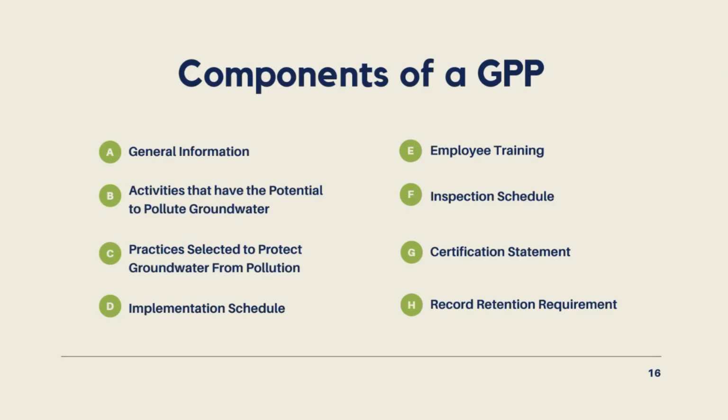So the GPP is made up of about 8 components. Before I get into talking about this, there's no structured format that's required for a GPP. I separated it out like this because we have a guidance document on our website, and this is how it breaks it down. This is how I see most people submit it, in these sections. But by no means are you required to submit a GPP that follows this exact order. It can be a single document that has all the information that you need. Technically it can be one big handwritten paragraph, and if it has everything it needs to, it would be fine for me to review and submit.